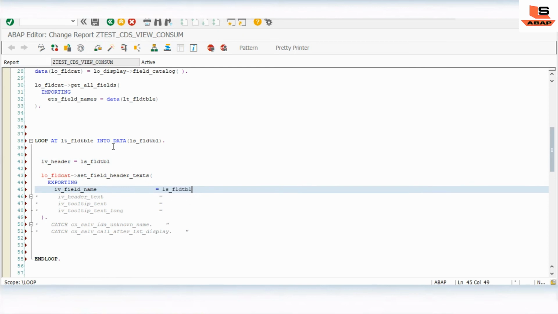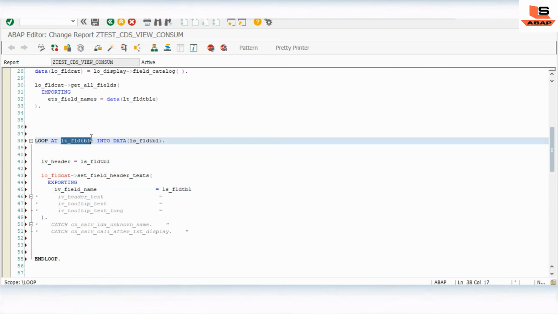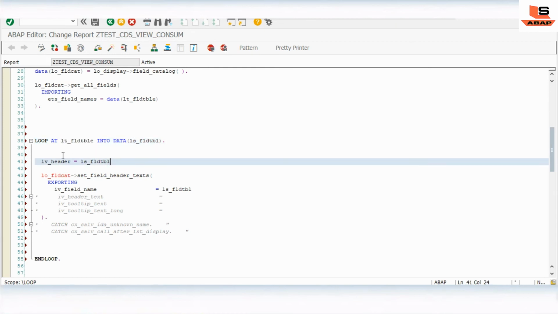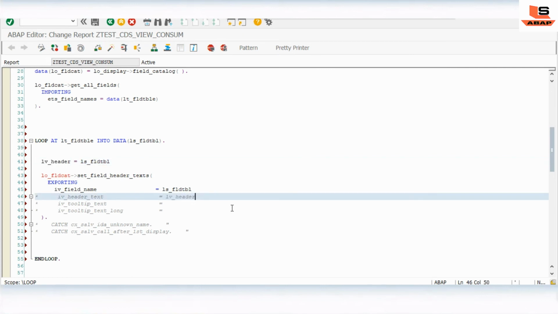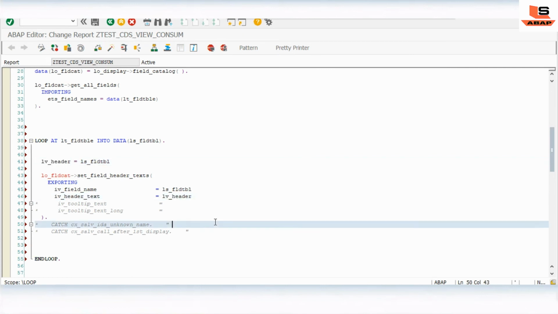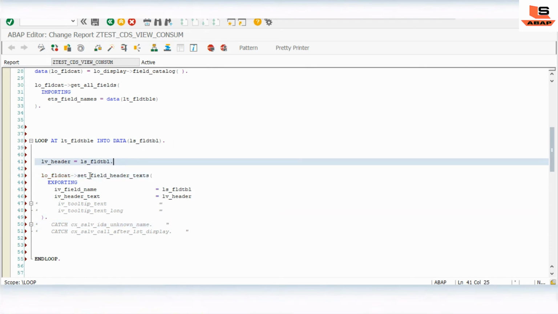In this table, as you already know, we have the six fields. Whatever aliases we have in the CDS view, the same field column names we are getting in this table. So we just pass this name to the header, since we want the same name. So in the header text, I will just uncomment this, and check and activate.